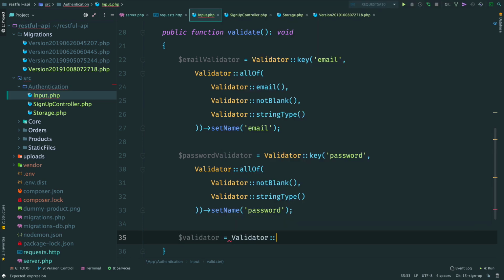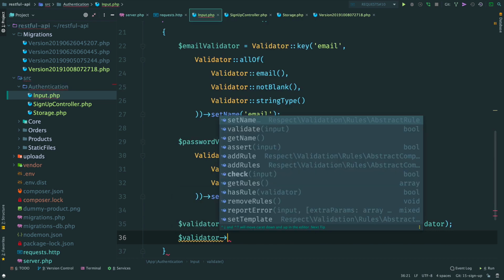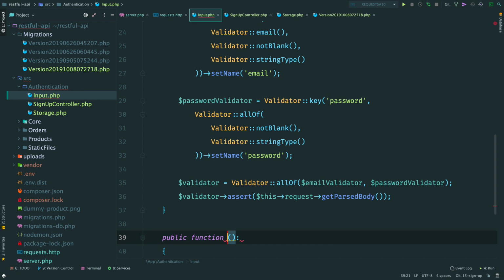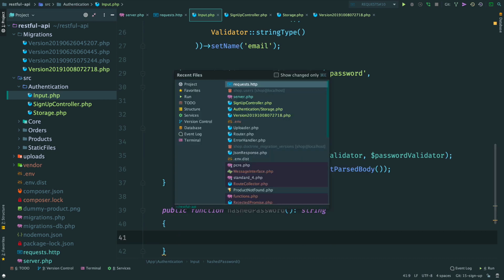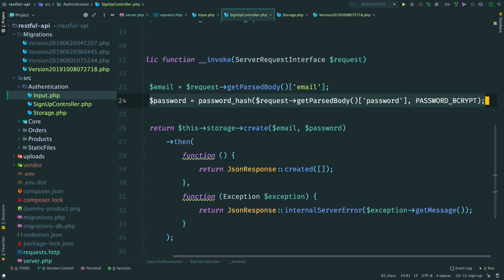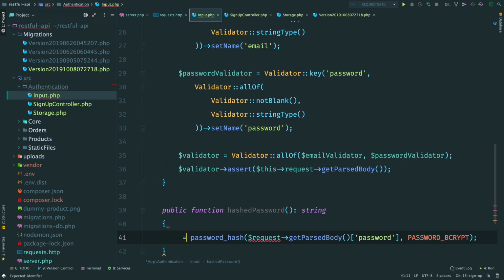Now we make a new composite validator of these two and validate the request. And let's add helper methods for a hashed password and email. The first method returns a hashed password from the request. Copy the logic from the controller and replace the variable with the return statement.